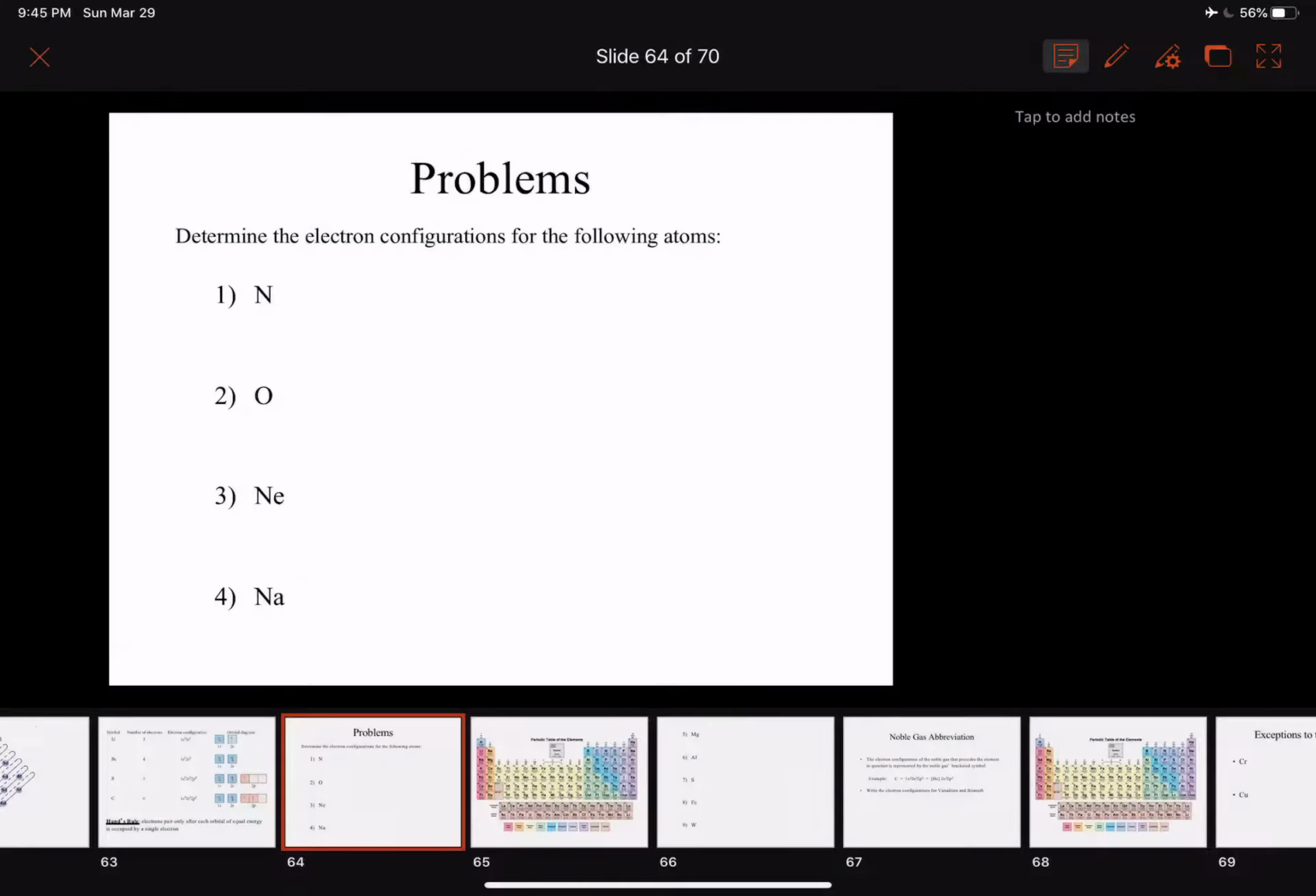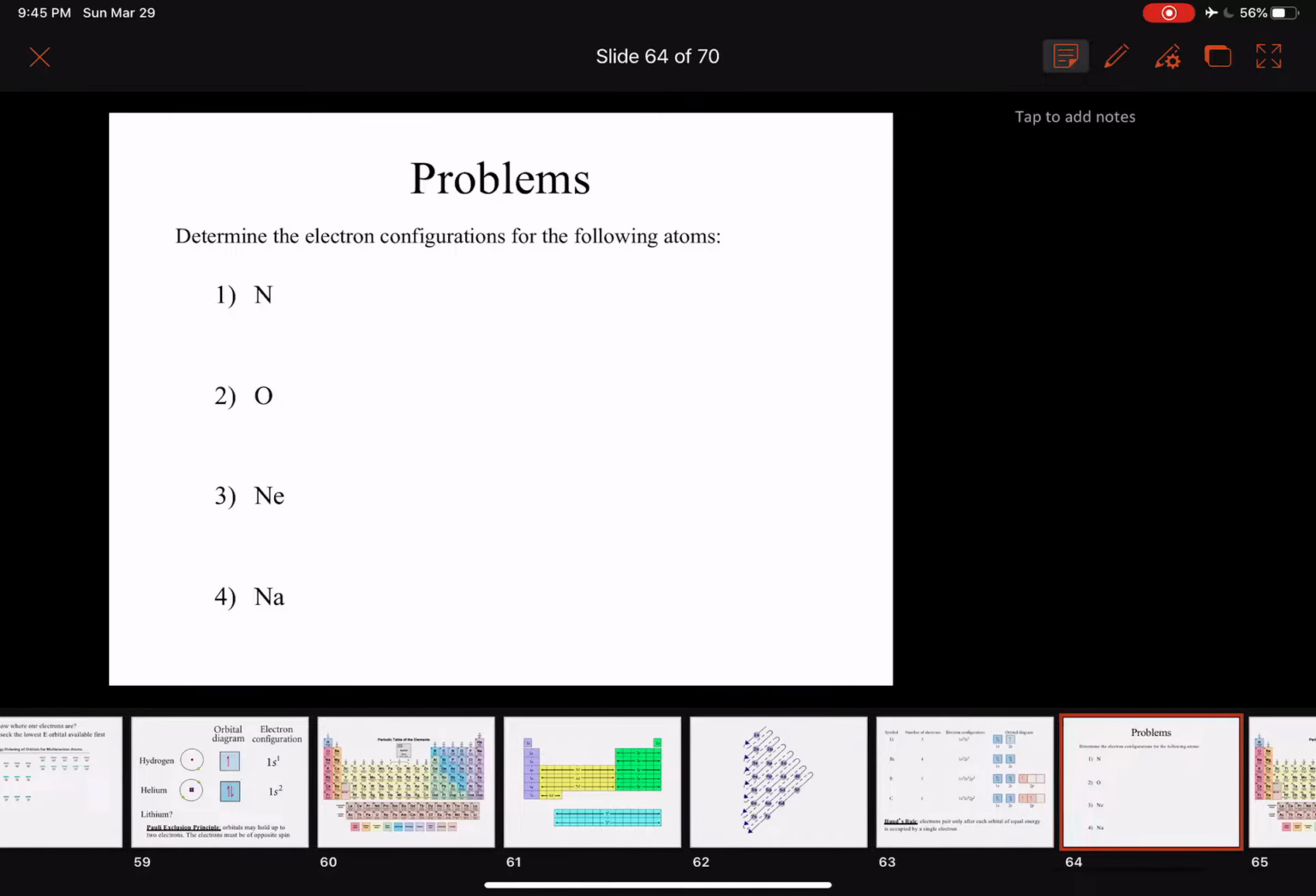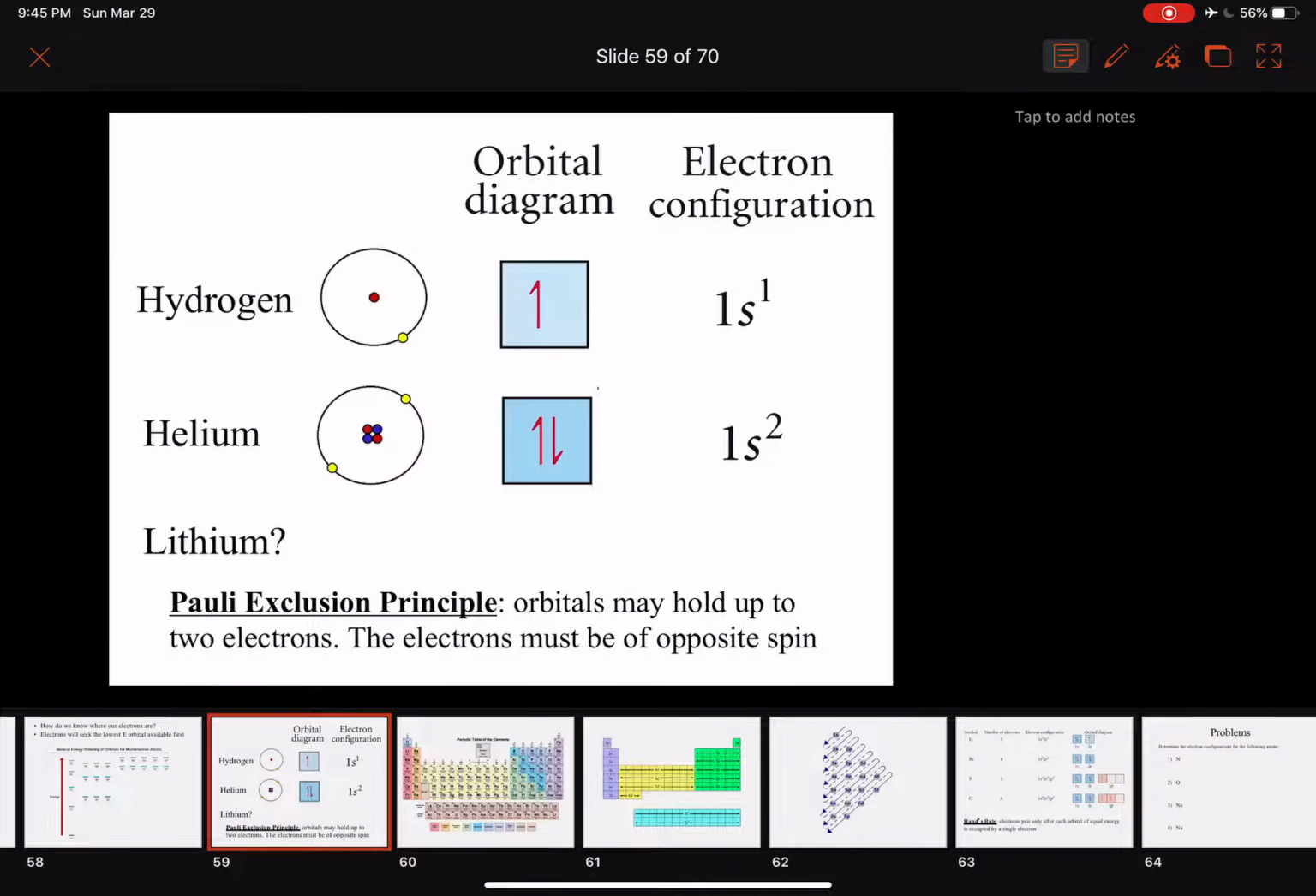Hi students! We left off on this slide doing the electron configurations, and we need to finish up the end of chapter 2 and move on to chapter 3. So just to remind you, we were talking about the number of electrons that each element has and where those